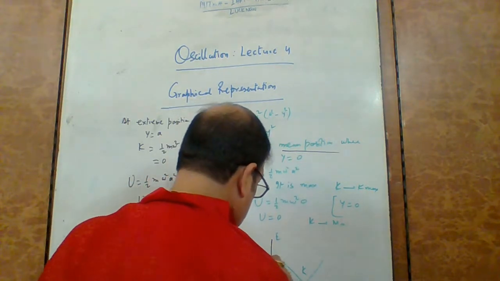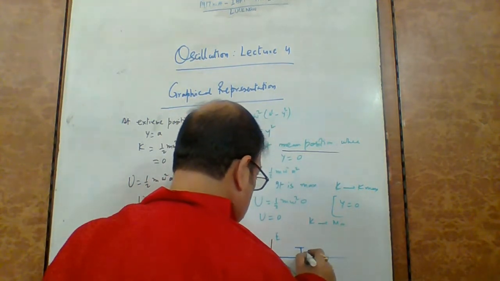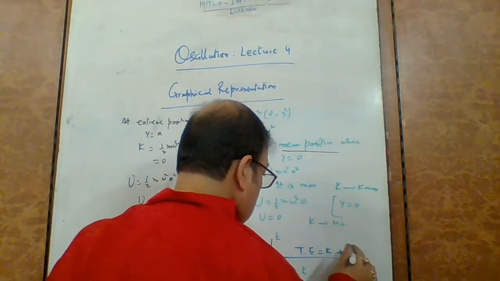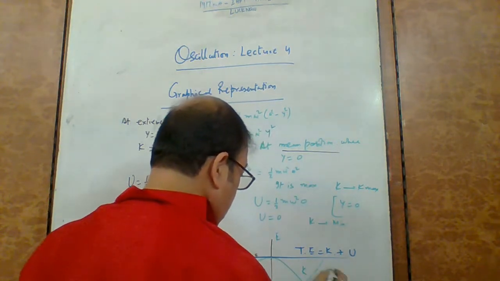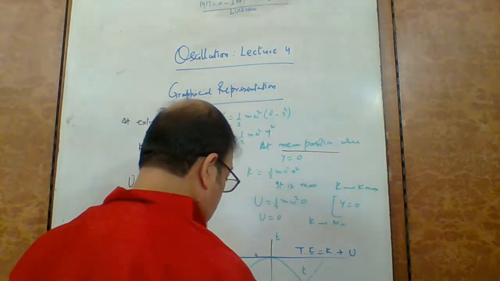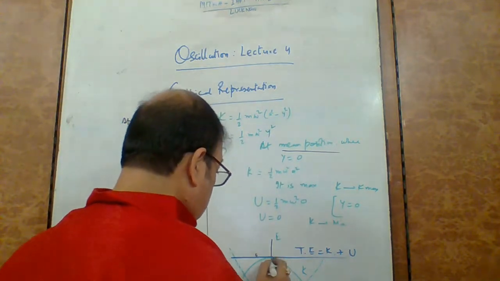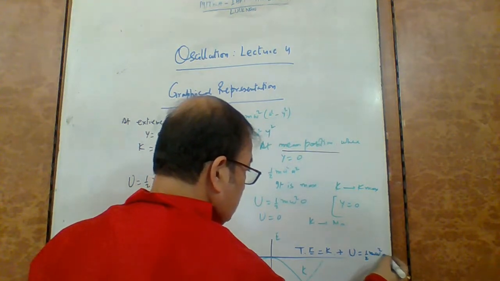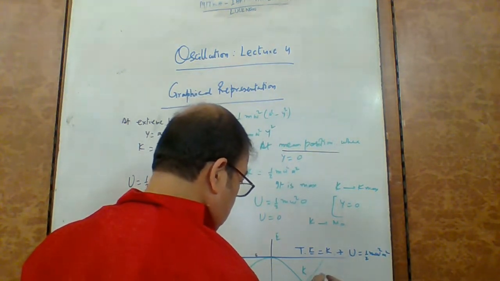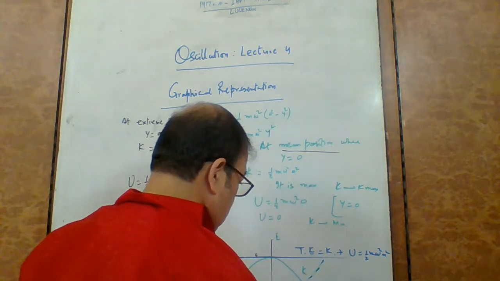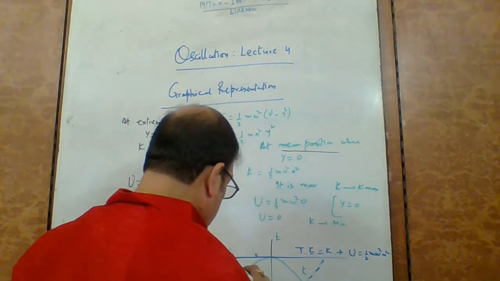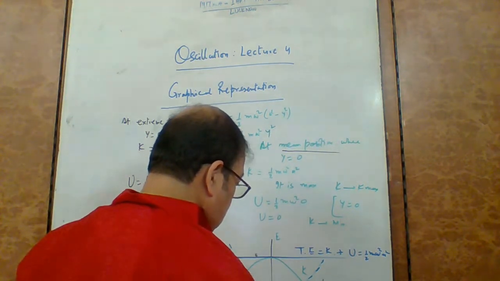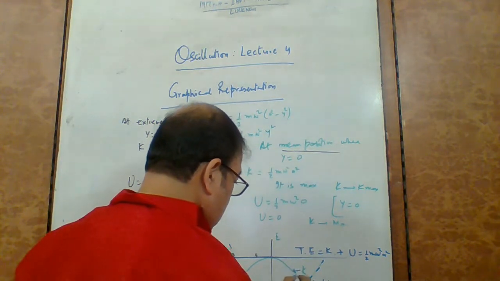In fact, this is total energy, kinetic energy plus potential energy. And remember, this will be the maximum value also, where kinetic energy is maximum, and this is equal to half m omega square a square. And this is your potential energy. This portion is definitely the dotted one. This gives you the idea about the potential energy. This is potential energy, and this one is your kinetic energy.